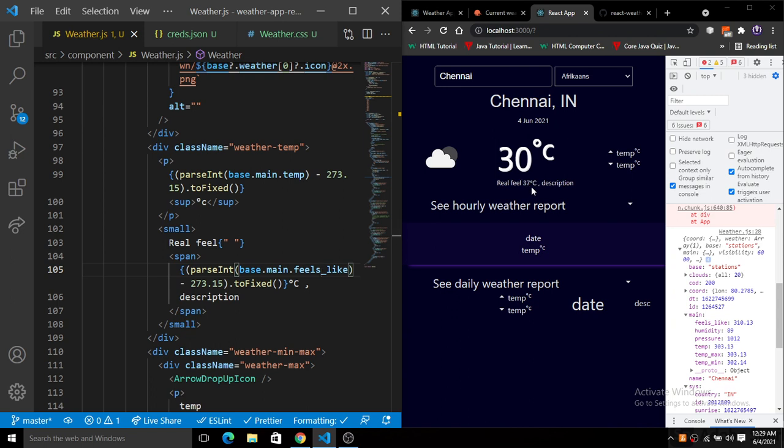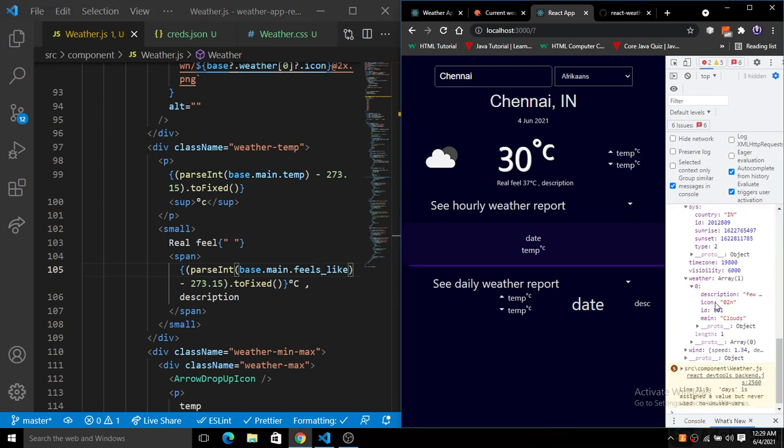And then we have a description. So you can see here the description is this thing here, that is a few clouds. So let's put the description here. If we have base dot weather, because otherwise it will throw an error, that's why we put this: if we have this base dot weather, then we render this.